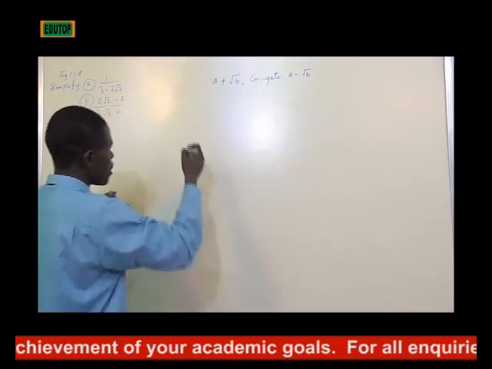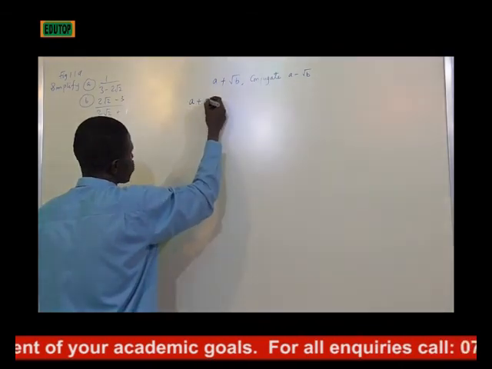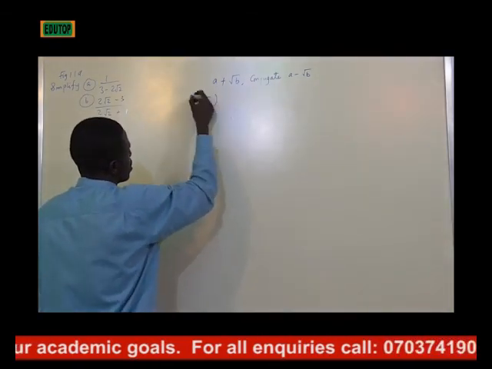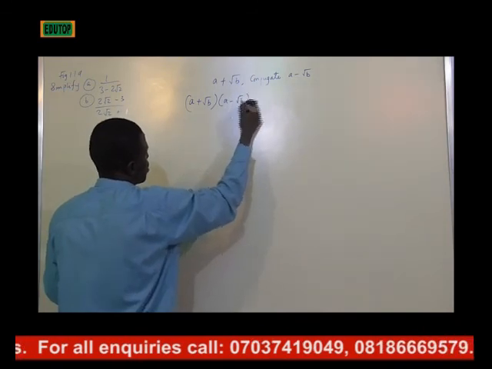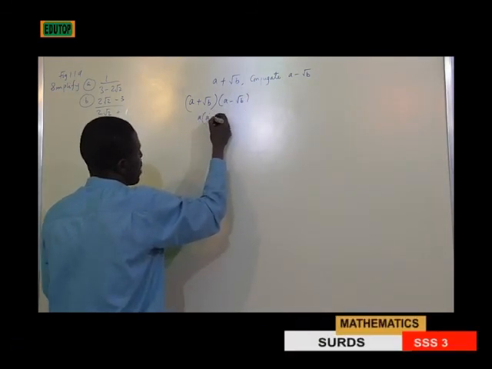So let's prove that. Let's confirm whether it is true. a plus root b times a minus root b. So we can say a into a minus root b